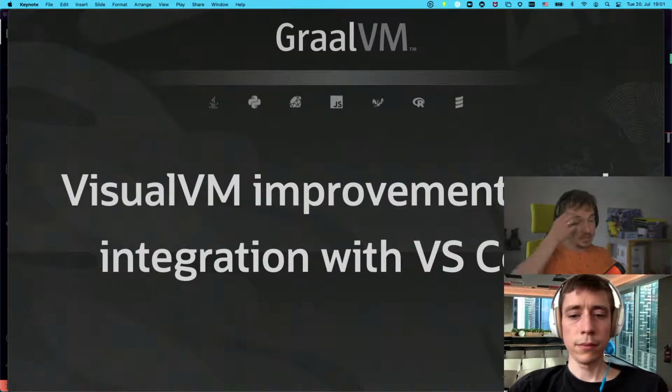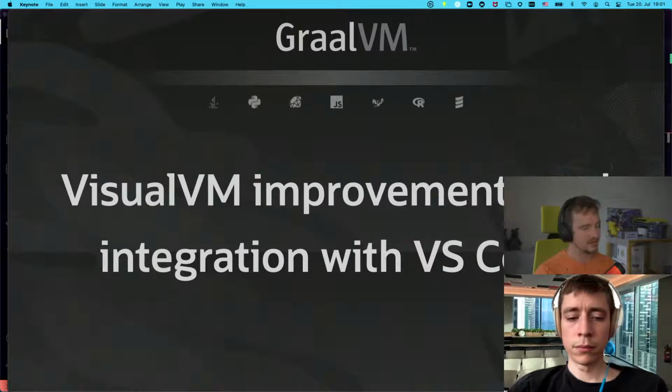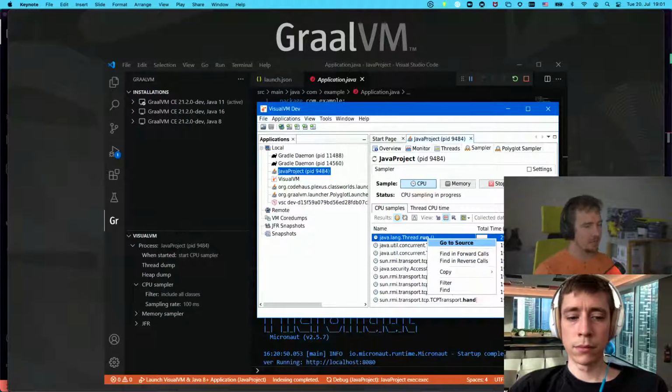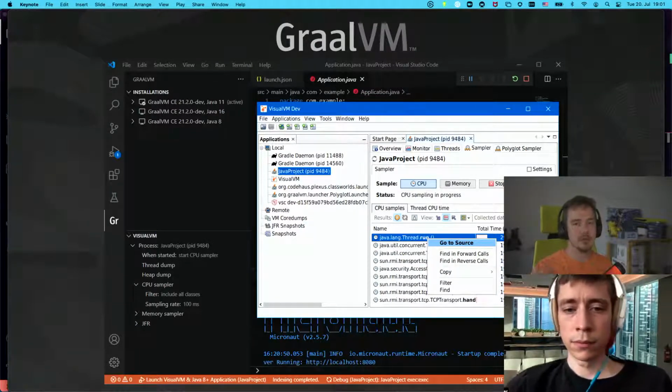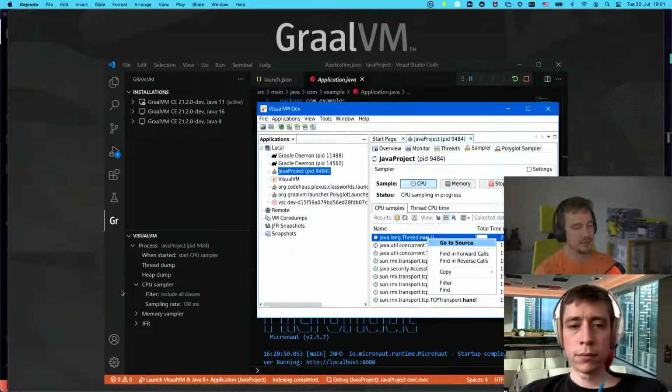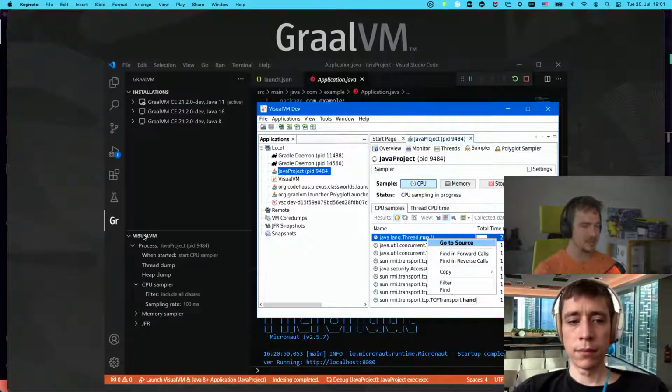Right, and the last but not least part of the GraalVM project is the tooling section. There are a number of improvements to VisualVM, right? And also we have the extensions for the VS Code IDE for your Java applications. And there are a bunch of those. One of my favorite ones is that in this release, VisualVM gets the ability to respond to commands from other applications, right? So VisualVM has the API, and now the GraalVM extension in VS Code can also interact with VisualVM